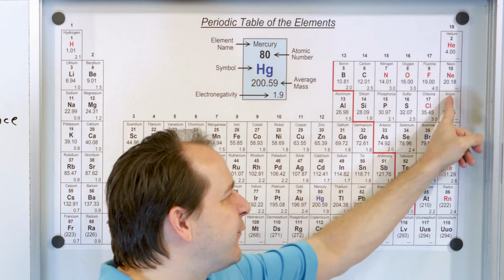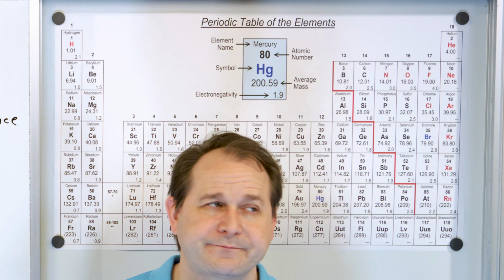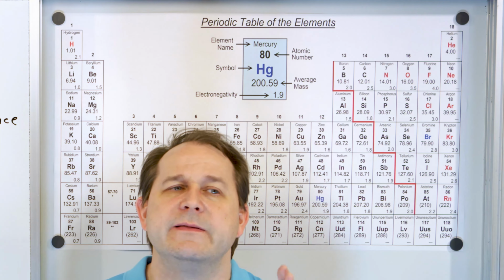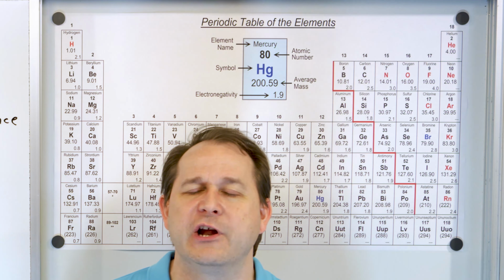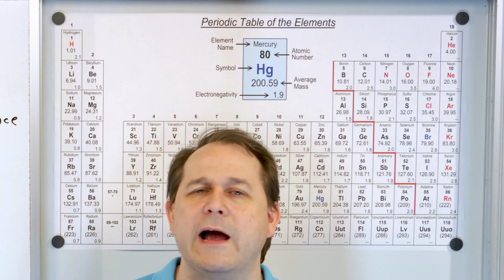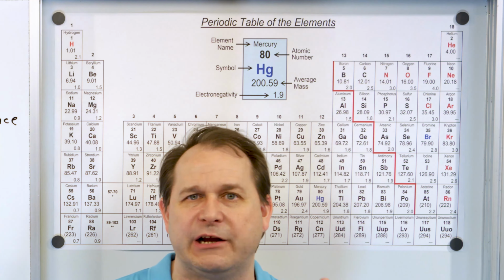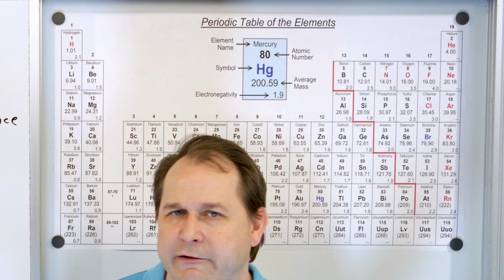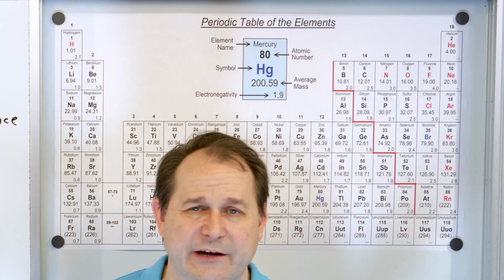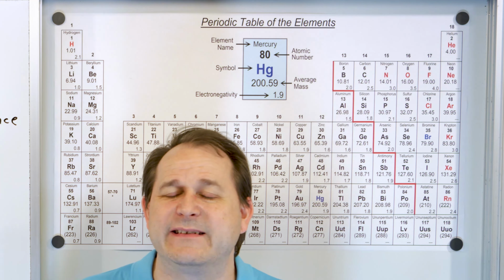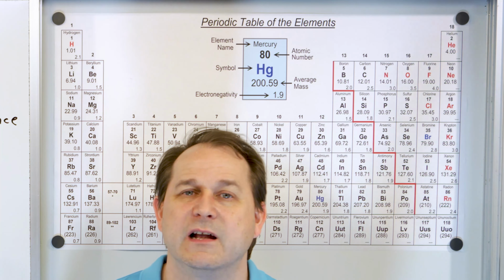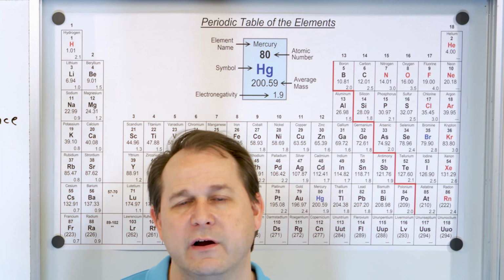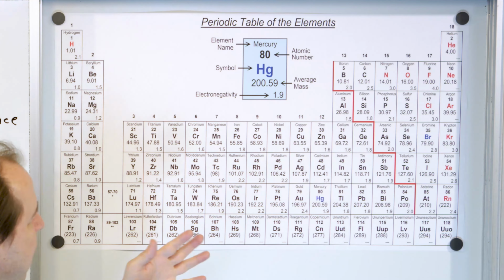But in these atoms, for reasons we're going to talk about later, in the far right column, they don't like to change the configuration of their electrons. And the reason why, we'll talk later, is the electric force holding them in place very, very strongly. So they don't like to share electrons. They don't like to trade electrons. They don't like to do much of anything but stay to themselves. But again, it's because of the electric force and the way those electrons are oriented. And we'll talk about that later.